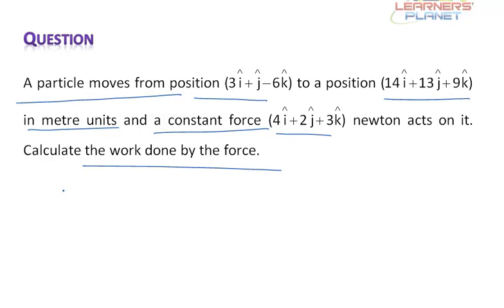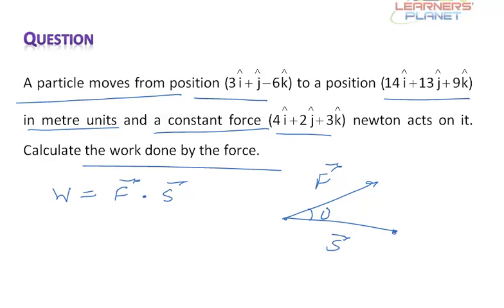Now here a simple concept of work done is required, wherein the work done is related with force and the displacement of the object because of the action of this force, given by F dot S. Let us say this force F was acting in this direction and the body got displaced from this point to this point with displacement vector this, and let's say this is the angle theta. Then the work done will be given by Fs cos theta. This is one way.